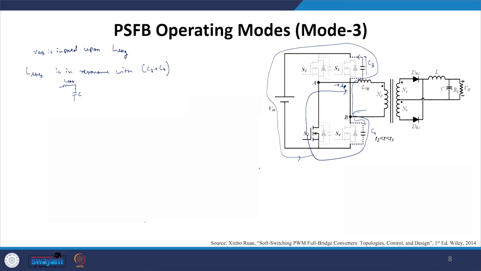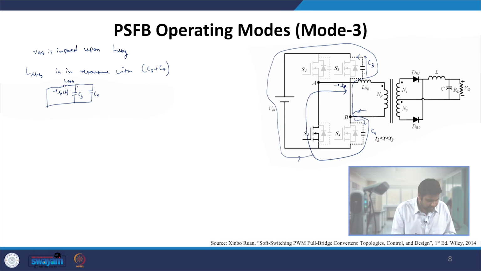and then we have a C3 capacitor, and the C4 capacitor is coming parallel to C3, because the portion of the current which is coming at this point B, some portion is going to C3 and C4, and that is actually getting connected in this manner, and this particular thing we can say is nothing but your IP of t. So this is the way by which you can define your equivalent circuit, and then we can write this.